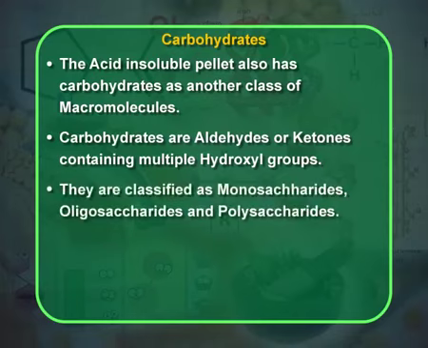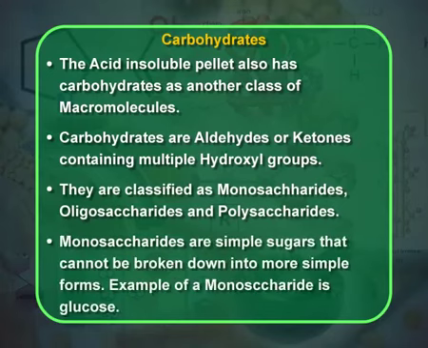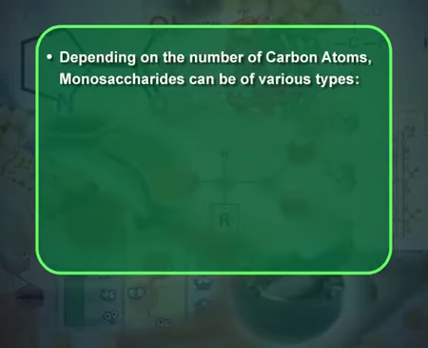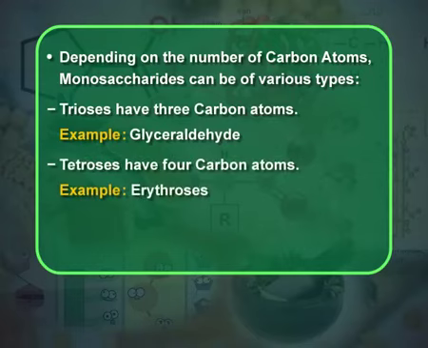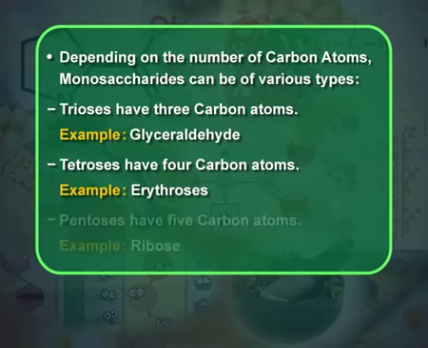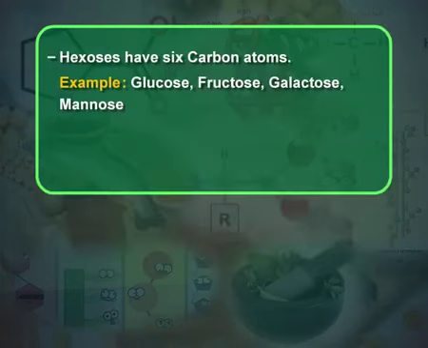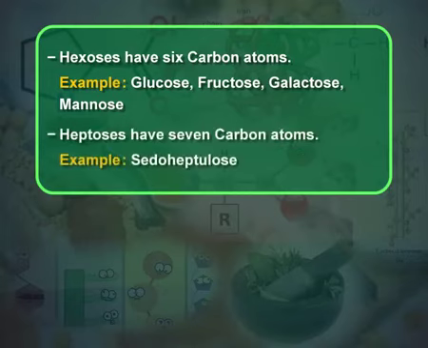They are classified as monosaccharides, oligosaccharides and polysaccharides. Now monosaccharides are simple sugars that cannot be broken down further into more simple forms, for example, glucose. Depending on the number of carbon atoms, monosaccharides can be of various types. For example, trioses have 3 carbon atoms like glyceraldehyde, tetroses have 4 carbon atoms like erythrose, pentoses have 5 carbon atoms, for example ribose, hexoses have 6 carbons, for example glucose, fructose, galactose and mannose, and heptoses have 7 carbon